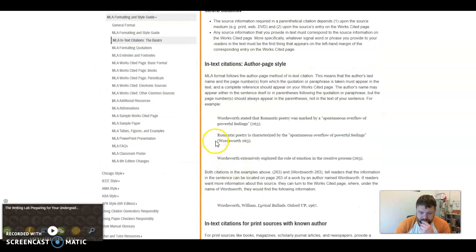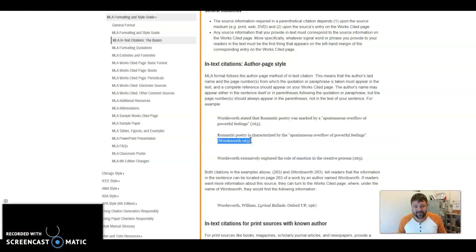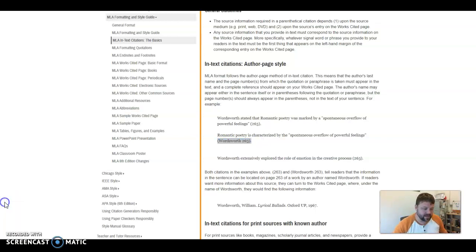As you'll notice here, I'm going to highlight it real quick. That is the most common in-text citation, okay? It should always be, if available, inside the parentheses, as you can see at the end of this quote: the author's last name and then the page number from whence it came. Now, if you're pulling something from the internet, you're not going to have a page number, okay? Understand that. You will likely, depending on where you pull it, have an author's last name. So if you lack the page number, just stick your author's last name in there and let that be it,